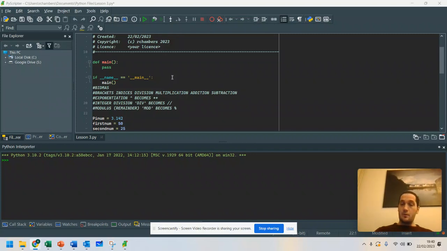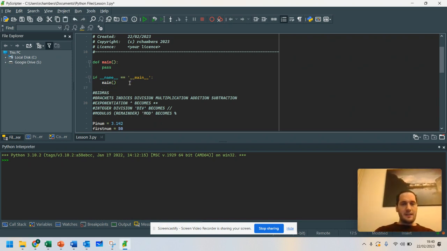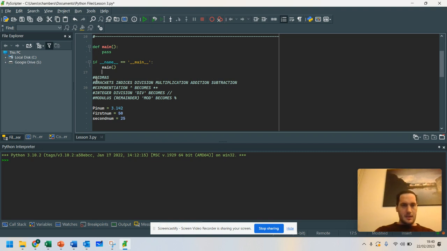Hi, so we're working our way through some more Python lessons. And in this lesson, what we're going to spend some time doing is looking at how we can just do some basic maths with Python. Now, the key thing that you will notice this time is